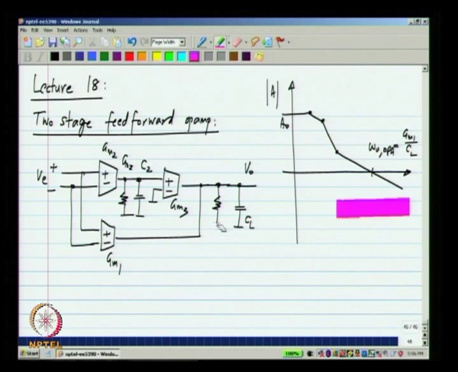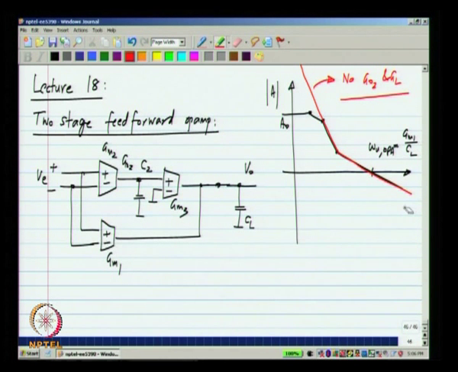So, I will remove these conductances, which makes the gain infinite. The gain is infinite through this, also infinite through this path. In fact, the Bode plot will look something like that. This part will be the same and we will have that one. Both the poles will be at the origin. When we do not have conductances, that is what is going to happen, but this is accurate in this region. So, it is perfectly fine. So, with this simplification,